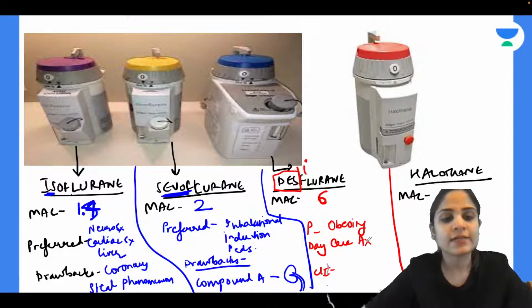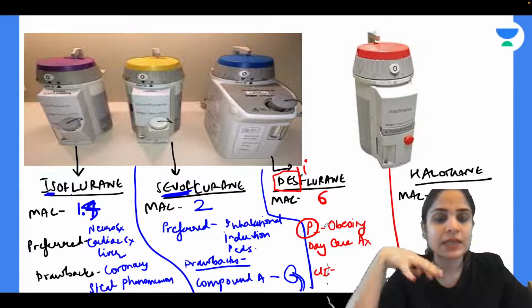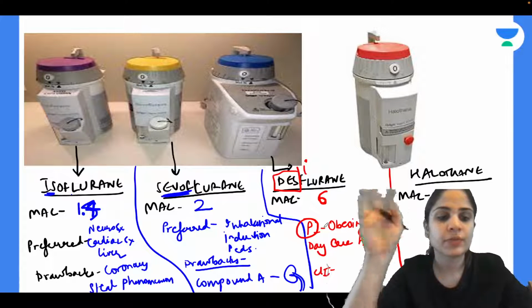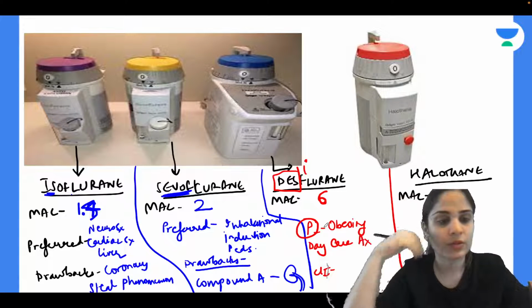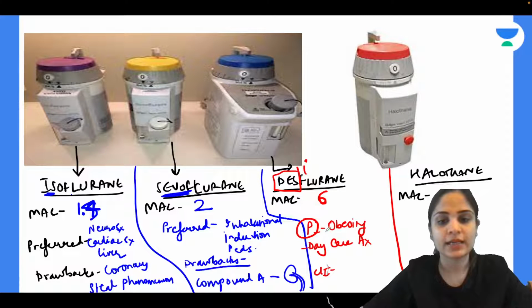Now remember, desflurane anesthesia is very quick to act and very quick to finish. So if you want to do short surgeries or you want to do surgeries in fat patients in whom the inhalational agent can get stored in all their lipid stores, you will prefer to give desflurane. Okay, quick action and quick recovery. So it is preferred in case of obesity and daycare anesthesia.